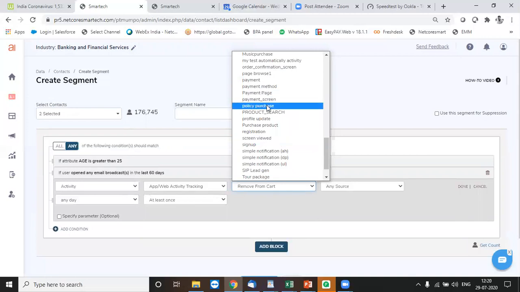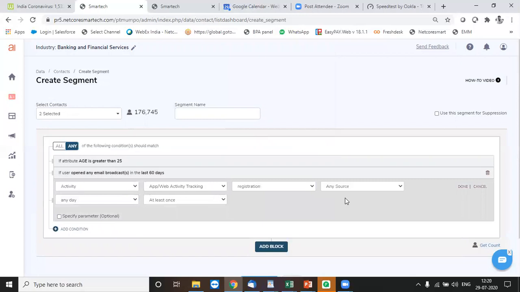We use this activity over here, and here also we can mention how many number of times. Registration normally is one time, but in how many days, I can put that over here. Let's say this also 60 days. And this is across any website or any source, maybe even app or website both.